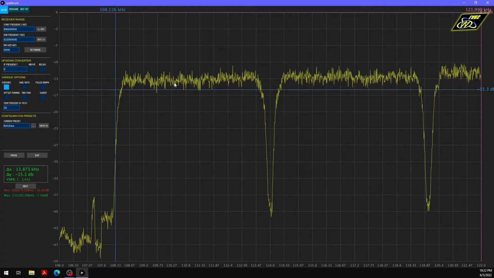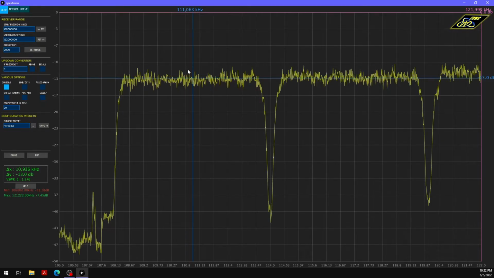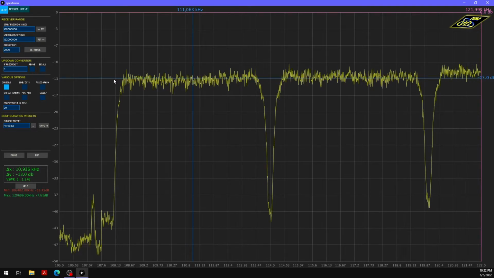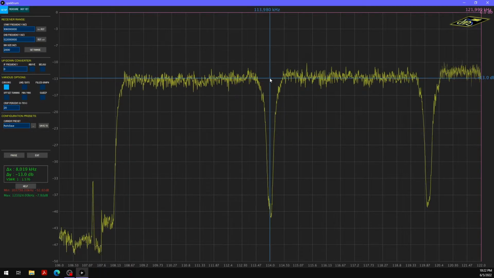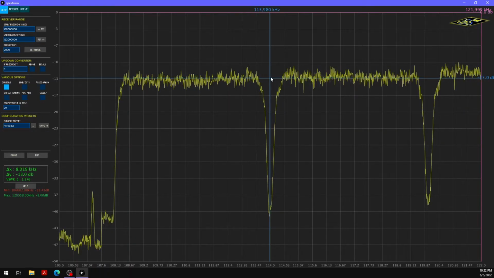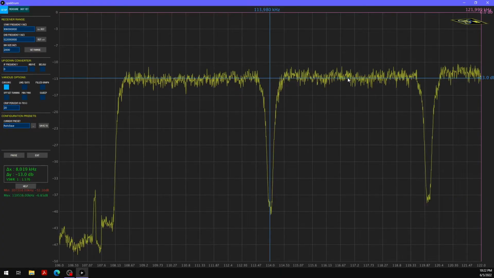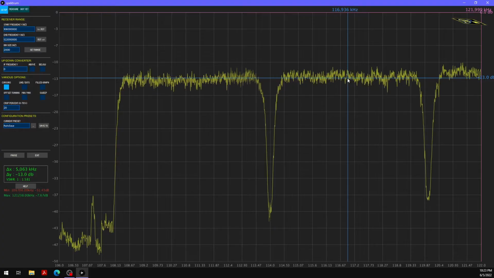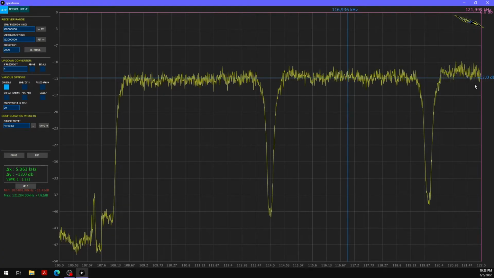So this first single carrier QAM channel has a center frequency of 111 megahertz and a bandwidth of 6 megahertz. So it spans from 108, the very top of the FM band, to 114. And then again, we have another 6 megahertz single carrier QAM channel centered at 117 megahertz, and so on. We have these channels at 6 megahertz spacing.